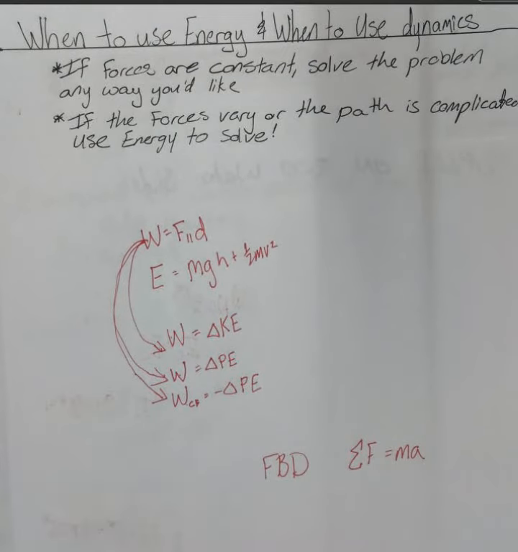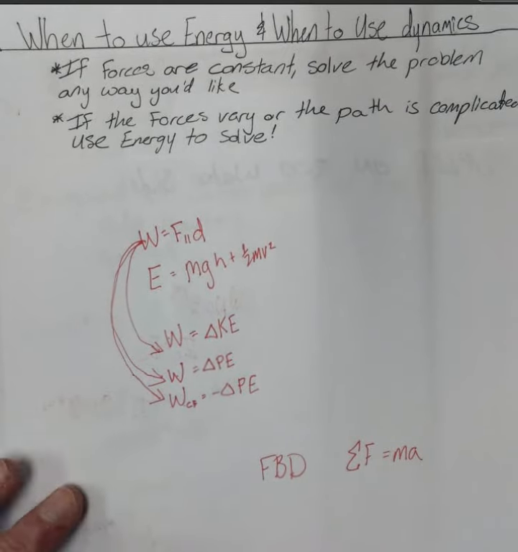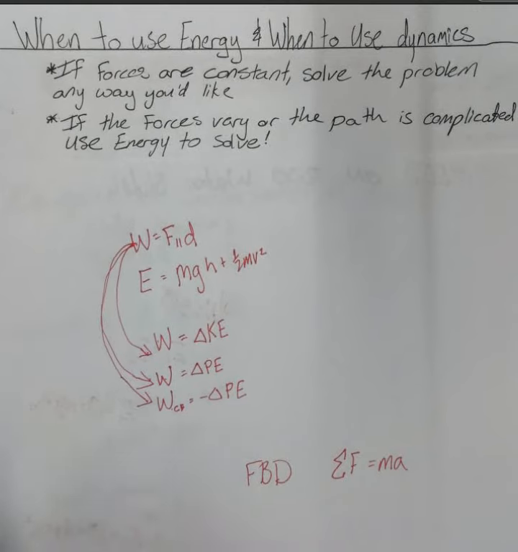If forces vary or the path is complicated, like a roller coaster or the slides that Paul and Kathleen went down, then you're probably going to want to use conservation of mechanical energy to solve. And it'll be much simpler that way. Because if you had to figure out the